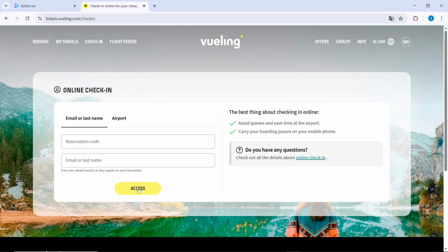If your fare type allows online check-in, just go ahead and click on the check-in option right next to your flight. Follow the prompts to confirm your seat selection and all the details. If random seats aren't available, you'll be assigned a seat free of charge at the check-in desk on the day